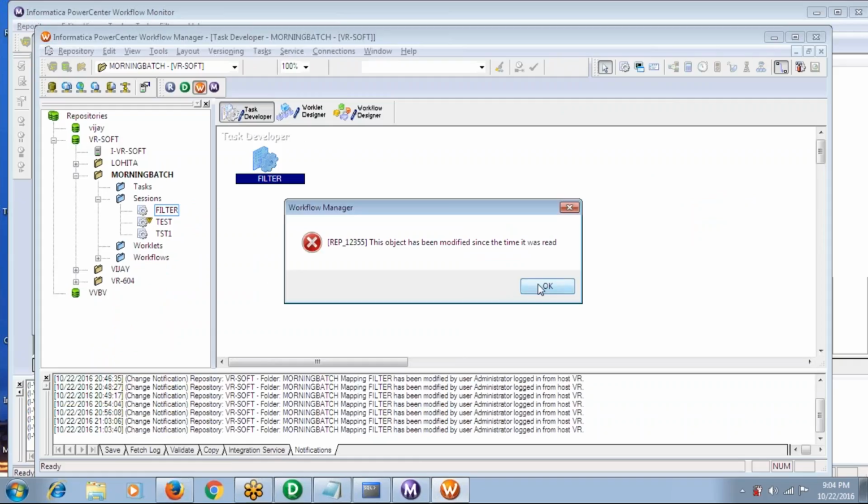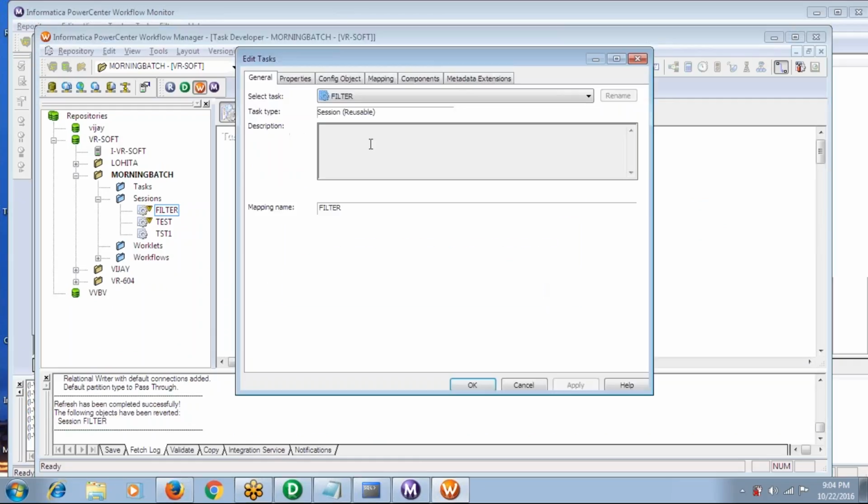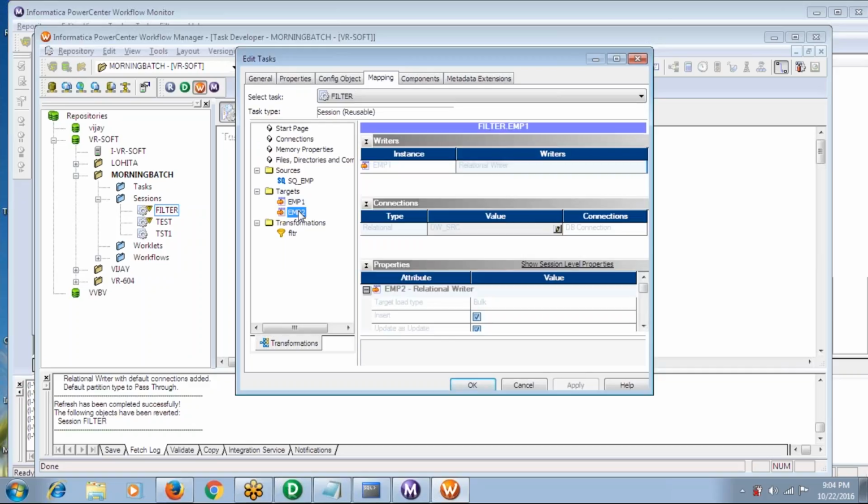Yes. See, when I have changed the mapping, because a transaction is there. So now another target is added, right? So we need to give the condition. Why is it saying EMP target unable to